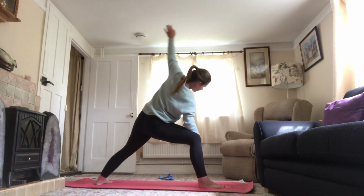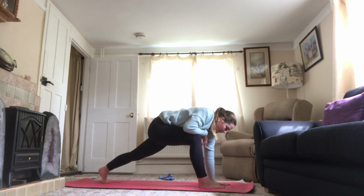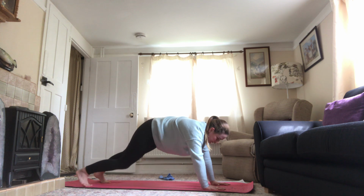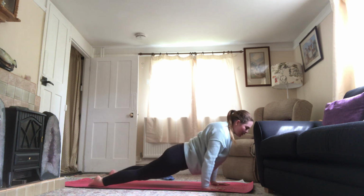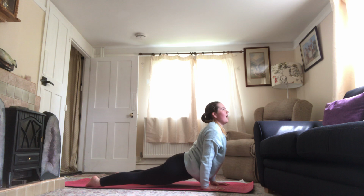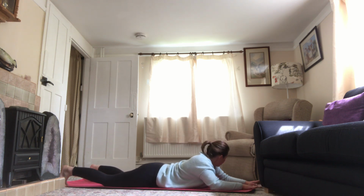Now, as you're ready, exhale, left arm rolls through, left foot pivots, left hand is down, right hand is down, right foot flicks back. We're now thinking about the heart again. We pivot the toes, we tuck the toes, so that they're down into the mat. We open through the heart, breathe in up dog, then exhale, lower the knees, undo with the hands, and let's